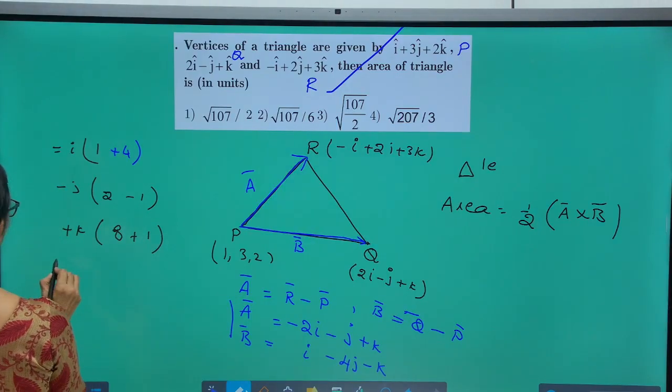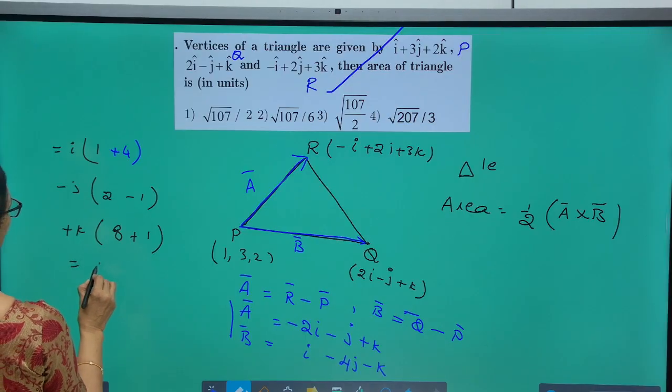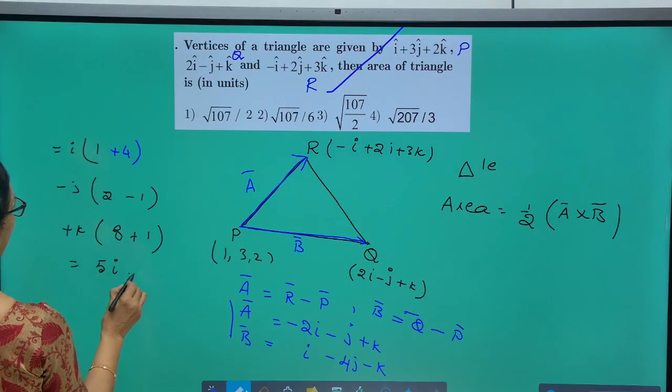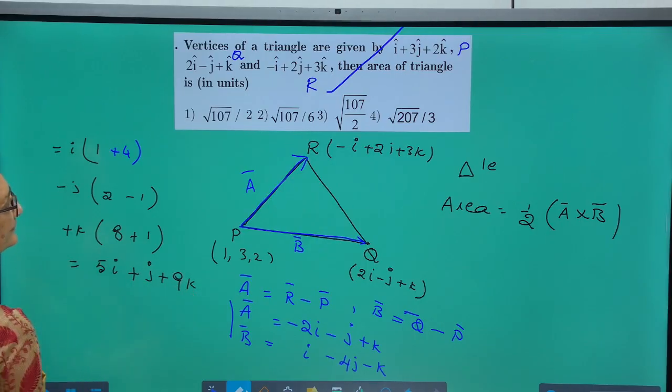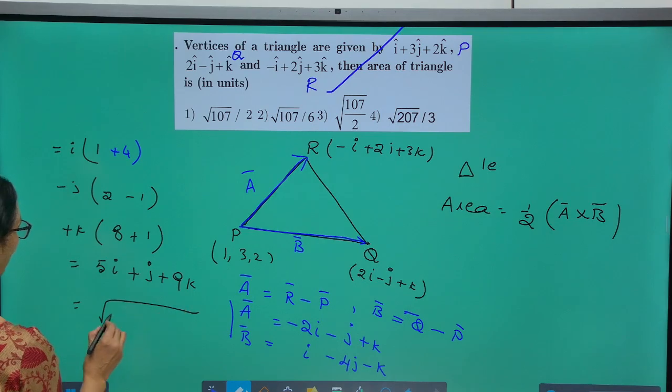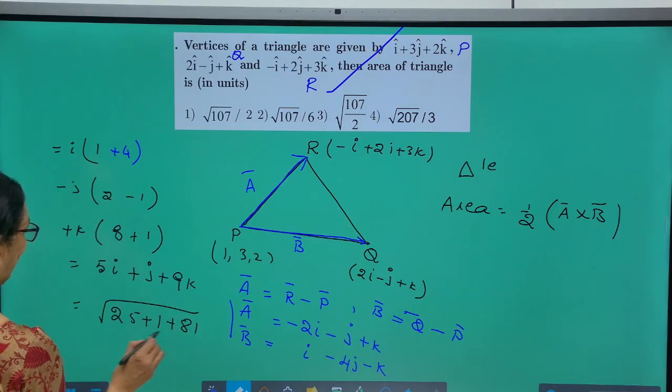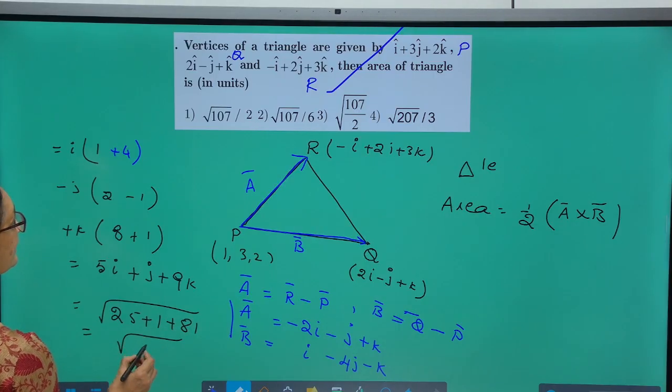So, A bar cross B bar is equal to 5i plus j plus 9k. If you find out the magnitude, this is the square root of 25 plus 1 plus 81, the square root of